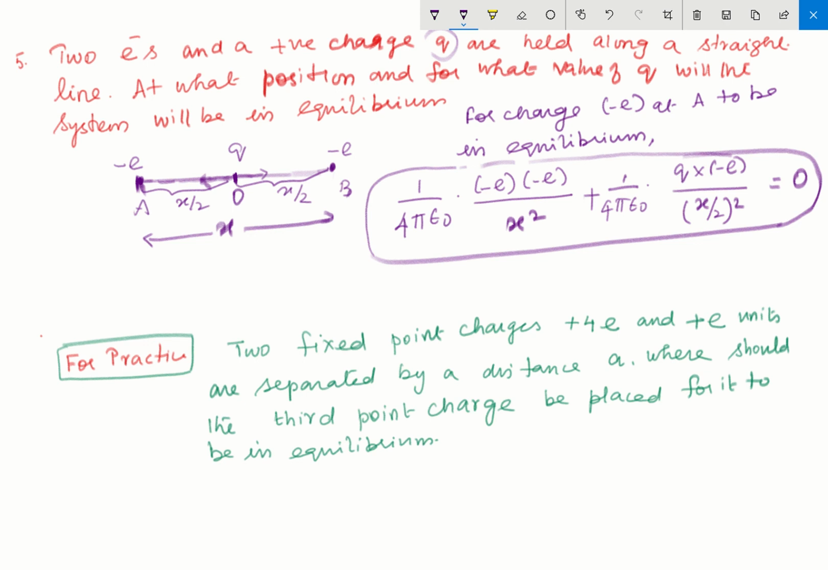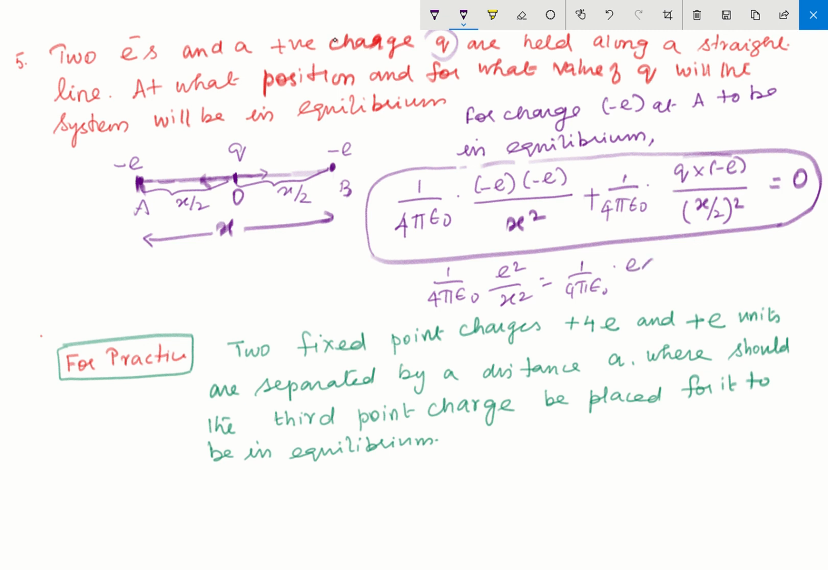Therefore, that gives you 1 by 4 pi epsilon naught into E squared by x squared, that is equal to 1 by 4 pi epsilon naught into